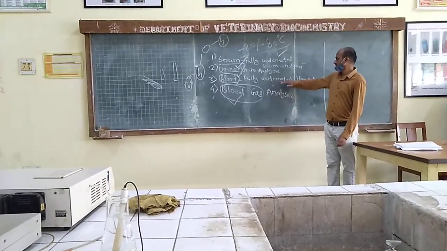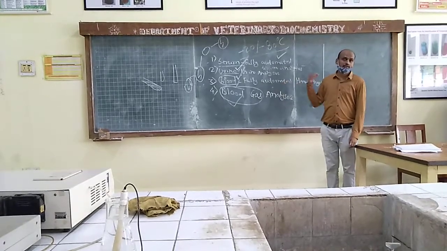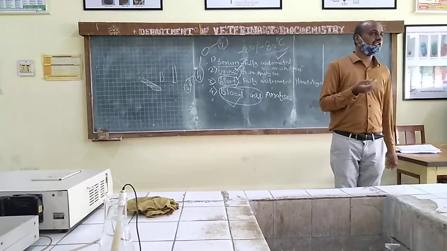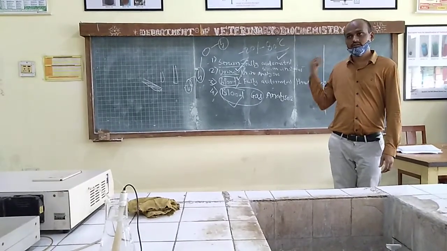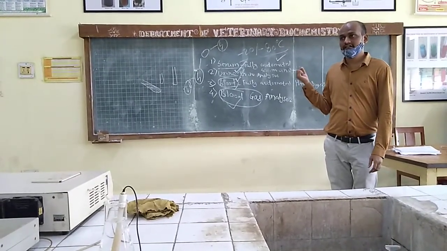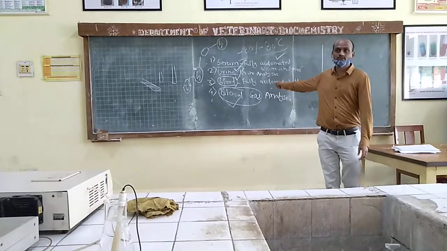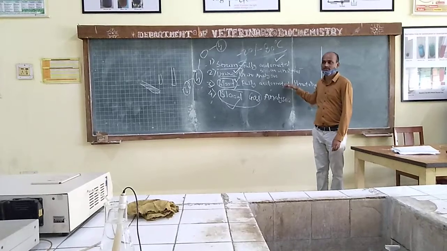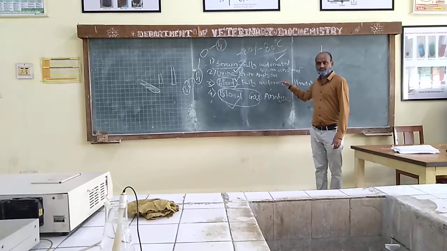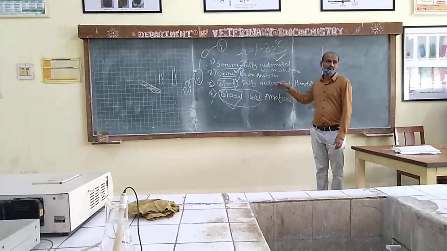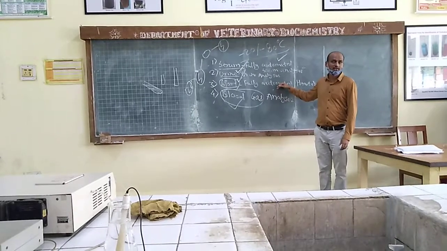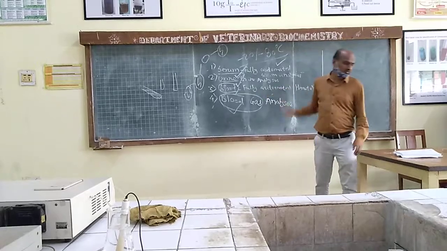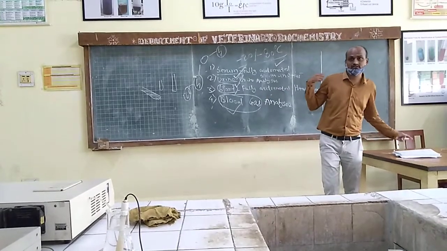For the hematological analyzer, the blood must be collected with EDTA or something. If the blood is getting clotted, this probe will not work. So you all will be planning experiments on this equipment, and if this probe is getting blocked, it means that the equipment will not be functioning properly. These were a few things about this.